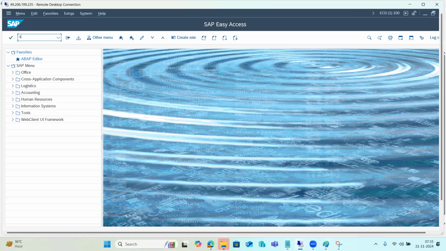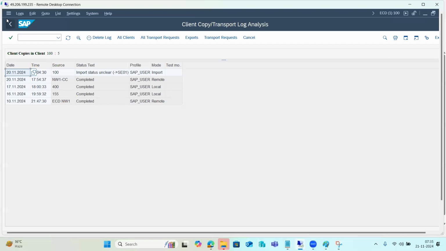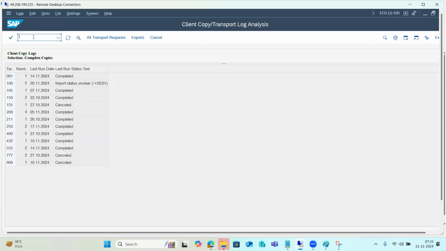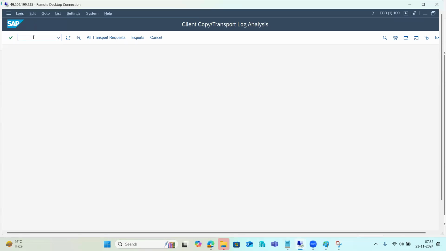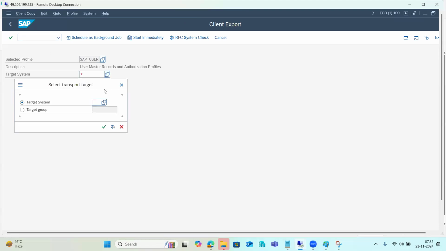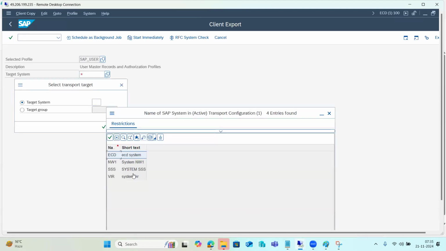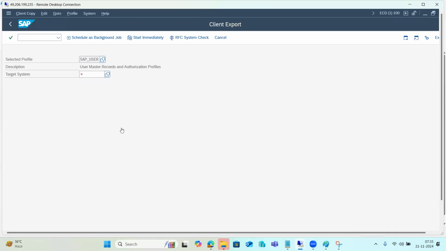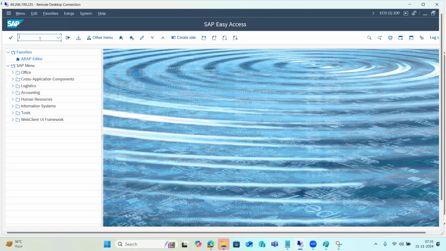You can go to SCC3 and see whether it's completed, import yes, right? Then you can perform SCC8, and then you can select which system you want to import it to. But how the systems come to here, that is a mystery for you. How the target systems will come here, then the STMS concept should be clear to you. Then only you will come to know this concept. That is our next topic, STMS. For now, you can normally just go to SCC8 and export it, and SCC7 you can do the import